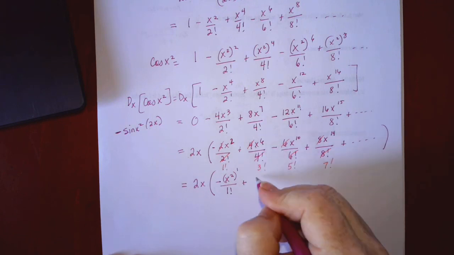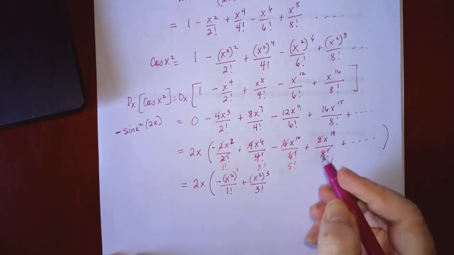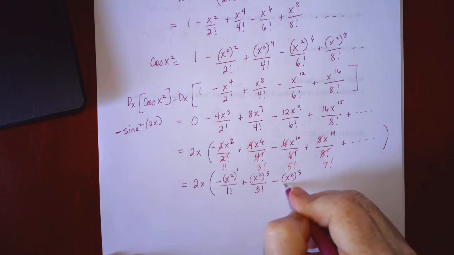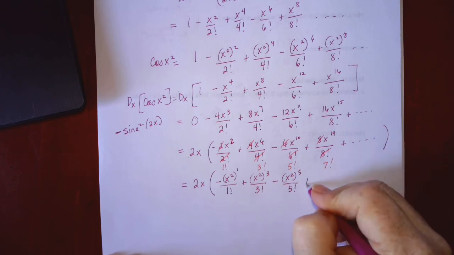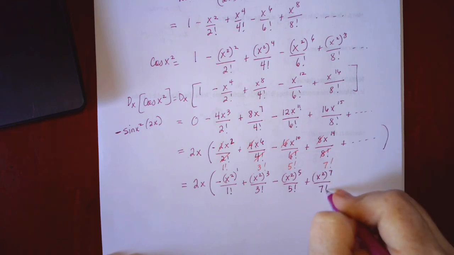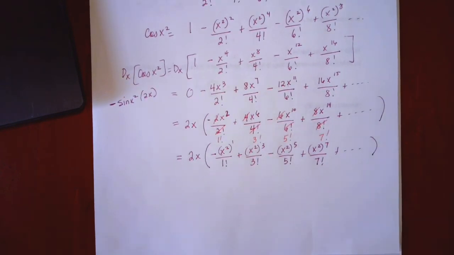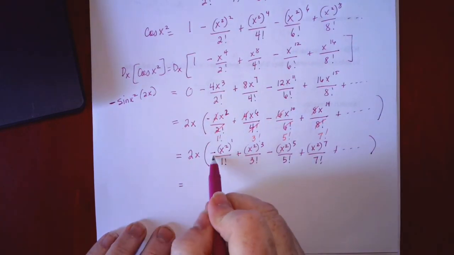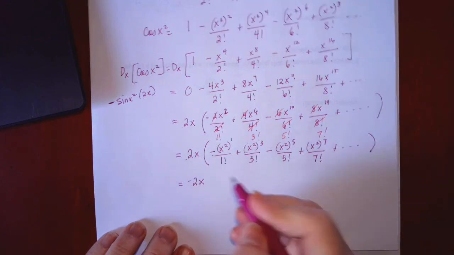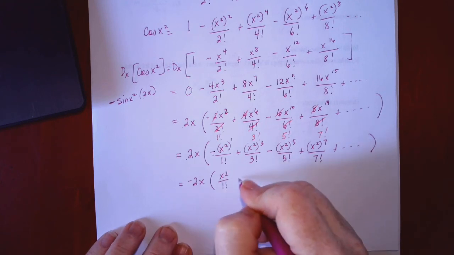This would be x squared to the third over 3 factorial. x squared to the fifth over 5 factorial. x squared to the 7th over 7 factorial. If I want it to be the negative of, I could have factored that negative sign out earlier, but we'd have negative 2x times x squared over 1 factorial minus